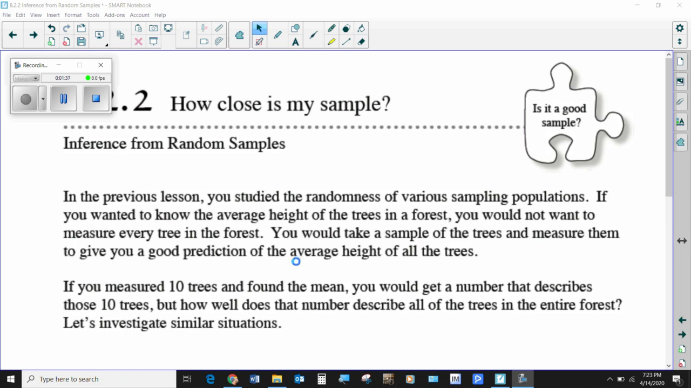What you would do is find a random sample of trees, maybe pick 10 or 20 or 30 of the trees and measure them and find out what their average is. And of course, you would hope that that was a good representative sample of all the trees within the forest, and it probably would be. So if you measured 10 trees and found the mean, you would get the number that describes those 10 trees, but probably also